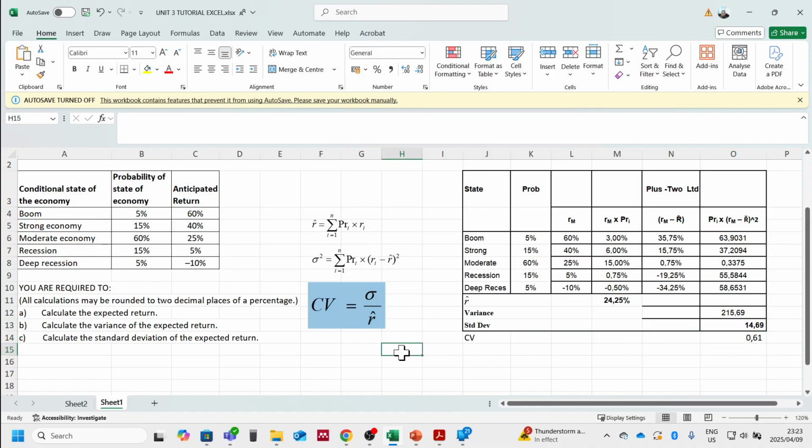0.61%. So this is to say that if we're going to earn 24.25%, we can expect this to vary by 0.61%, which means it does not add much effect to our expected return. So the likelihood of us earning this is very high because the variation in the risk associated with us earning this is very low compared to the return that we're going to generate over this project. So this means that there is a greater guarantee that we will earn enough return on this